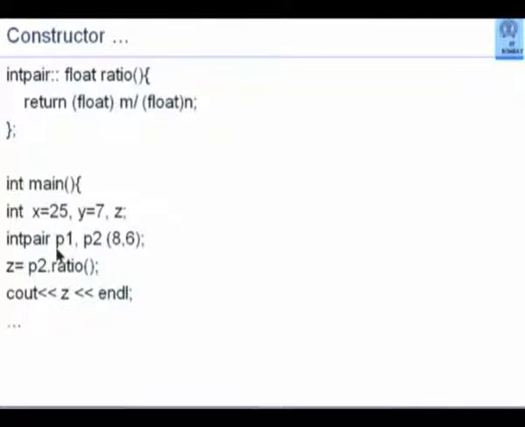Look at this P1. When I instantiate P1, since I have defined a constructor function without parameters, the constructor function would be invoked at this juncture. So what would the internal private data members of P1 acquire as value? 0, 0, because we had said 0, 0 is the default. On the other hand, when we instantiate P2, the data members M and N will be allocated values 8 and 6, because we have specifically said 8, 6. So this happens to be a way of initializing an object.